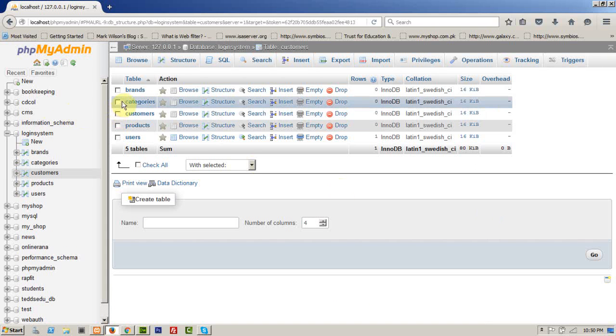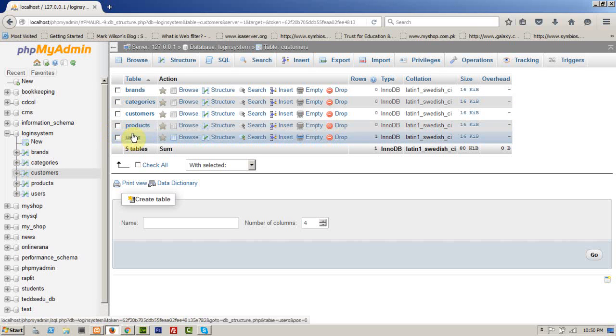So I have set the brands, categories and product ID to primary key. So that's